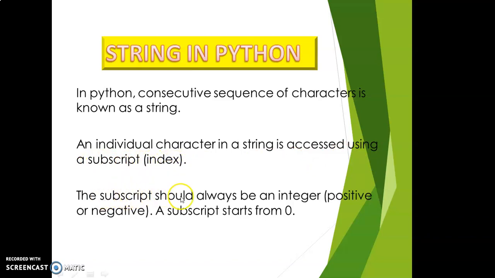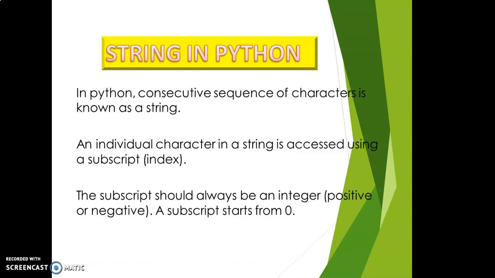What is a subscript? It should always be an integer, positive or negative. Any string you assign to a variable has positive values or negative values.